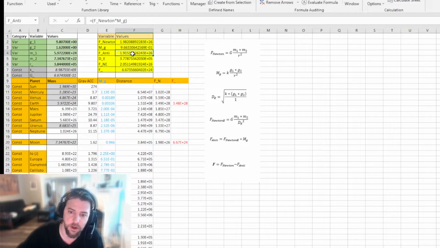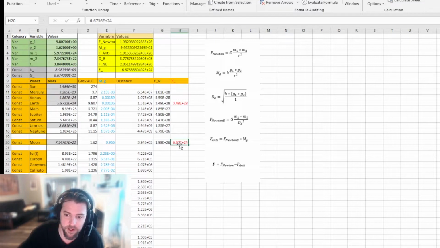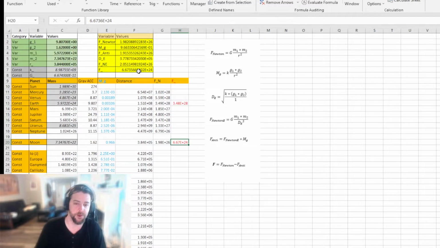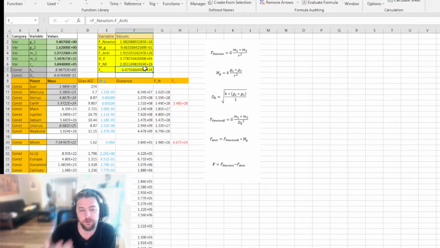right here, and then I subtract that from Newton to get the actual force, what you get is, I wrote it down here too, 6.67e to the positive 24th. So that's still a lot of force, but you have to remember the original number was to the 26th. So this is essentially like 1% of the force that was acting on it through Newton's calculation, which would mean